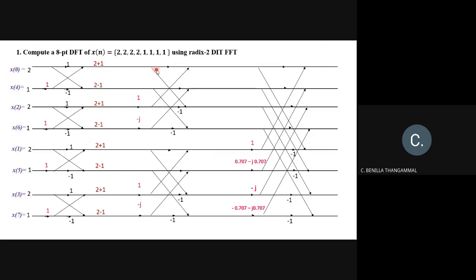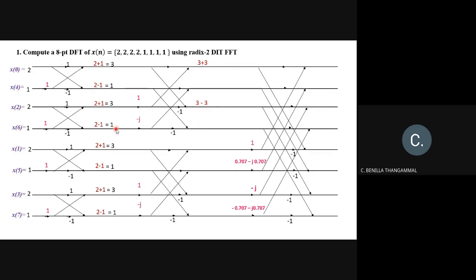Now I'll be finding the output of stage 1. So 2 plus 1 is 3, 1, 3, 1, 3, 1, 3, 1. Now this is going to act as the input of stage 2. Here you just see these lines: this 1 and 3 form a combination. So this 3 and this 3 along with your twiddle factor: 3 into 1 is 3 plus 3 into 1 is 3. So 3 plus 3, and immediately write its corresponding pair value, 3 minus 3. Again, next is 2 and 4 will form the combination.